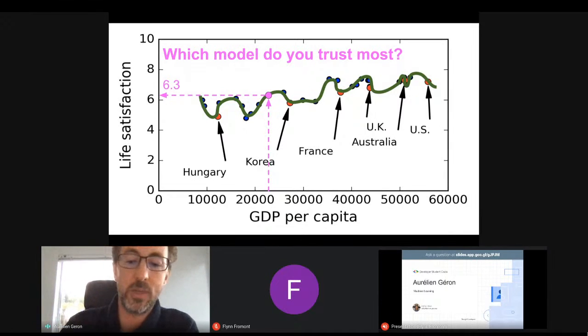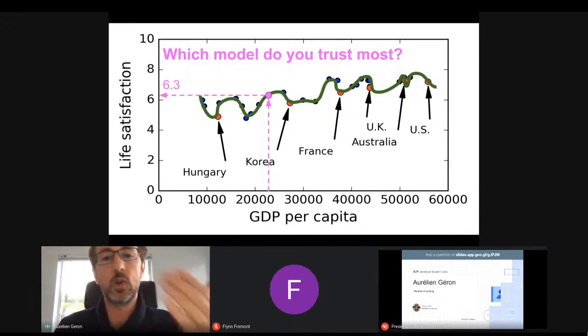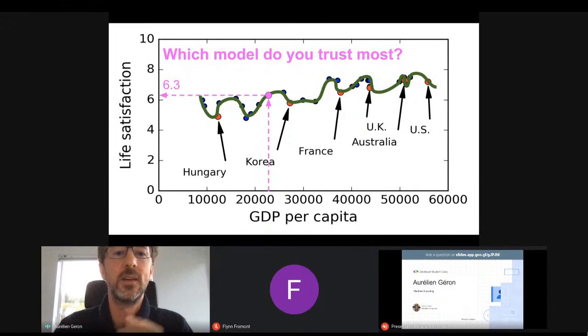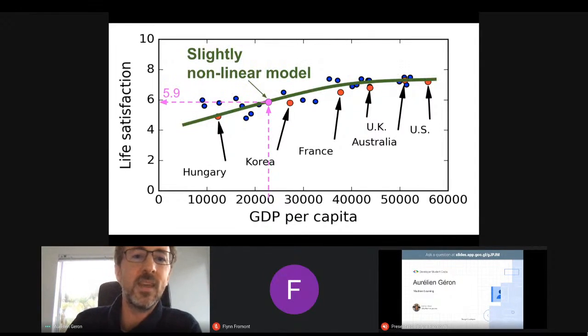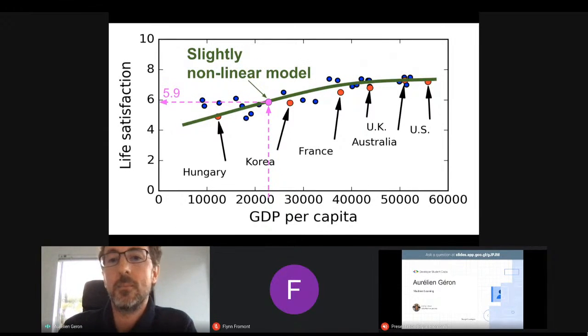And as I said, one way to do that is to set some data aside and try various models with various degrees of freedom until you find one that fits the training data well, but also the validation data correctly. So in this case, for example, it seems that there's a plateau where once you have enough money, apparently money isn't the main factor anymore to determine your happiness. So it seems to plateau off around $40,000 per capita, for example. So maybe you want to include that kind of shape for your model and then try to tweak the parameters of that model to fit the data.